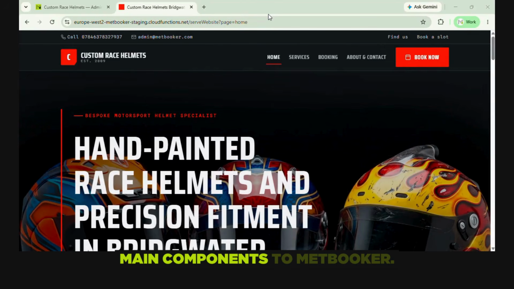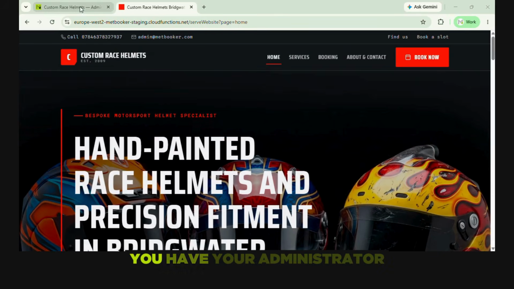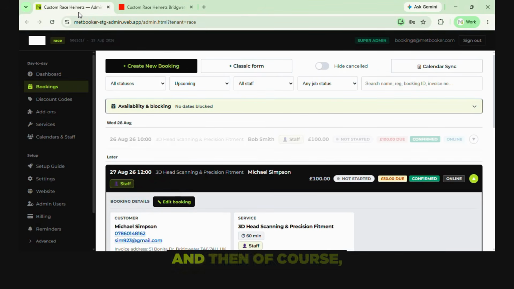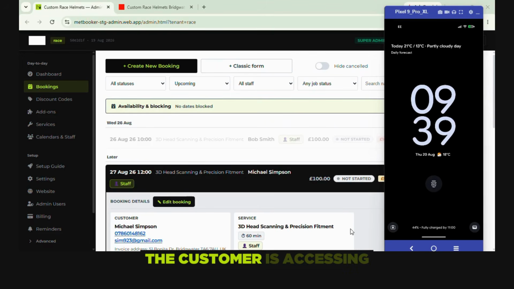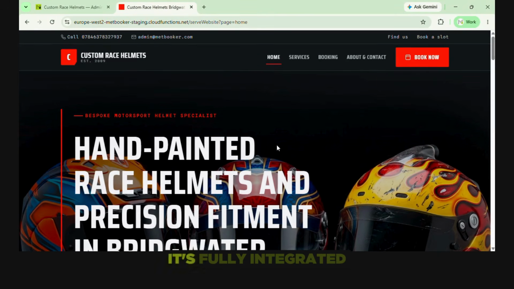So there's three main components to METBooker. You've got the website and booking front end. You have your administrator console where you manage your bookings and you manage the system. And then of course you've got the actual customer experience whereby the customer is accessing the system and they are receiving their notifications. If we focus on the website quickly, it's fully integrated and part of METBooker, designed to be